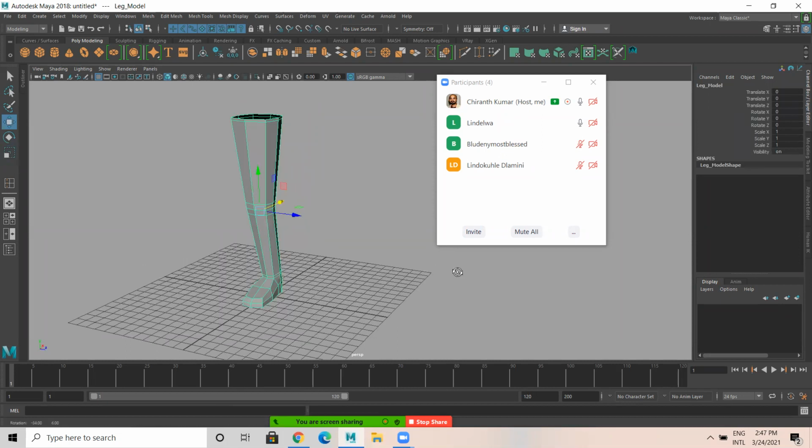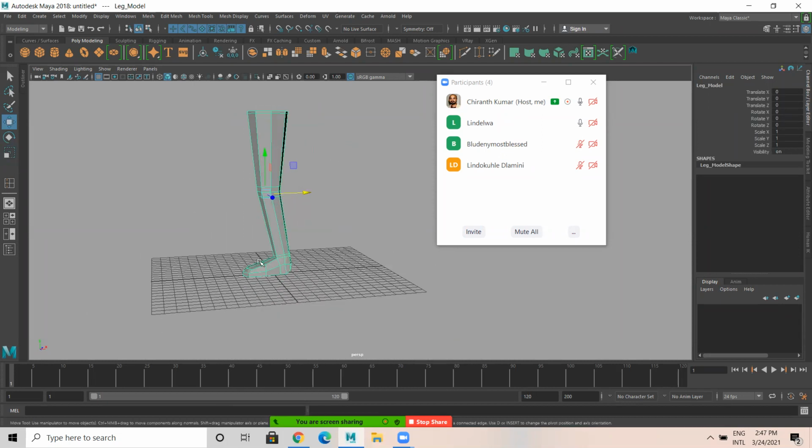Once the model is done, we need to add this in a separate layer and lock it. So select this model, click on this so that the selected model is added in a layer automatically. V is for visible, T is for template mode, and R is for reference mode.